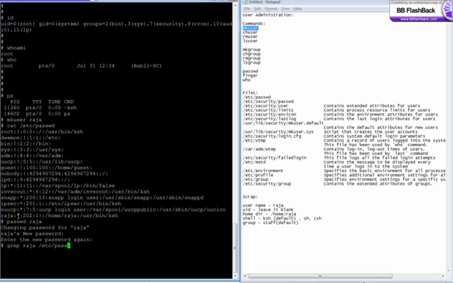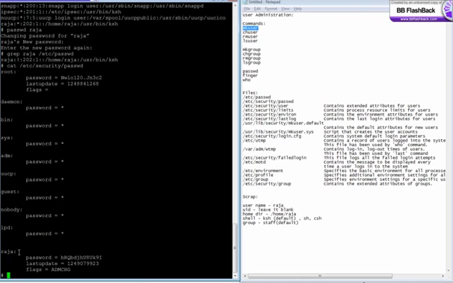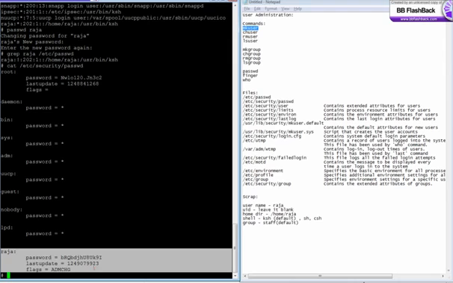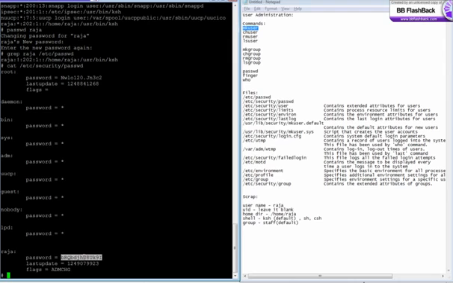Now let us grep for Raja in /etc/passwd. See over here in the second field you see an exclamation mark. This means the password for Raja is stored under a file called /etc/security/passwd. The password is actually encrypted, and it is stored over here. Under /etc/security/passwd, there's a stanza for every user. Under the Raja stanza, you don't see the actual password, it's an encrypted one.